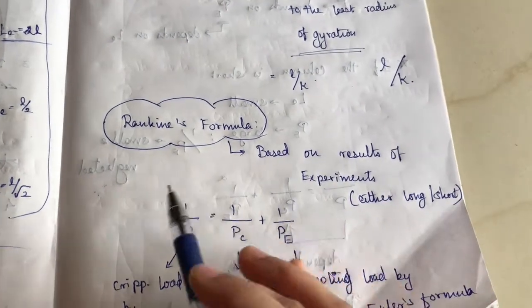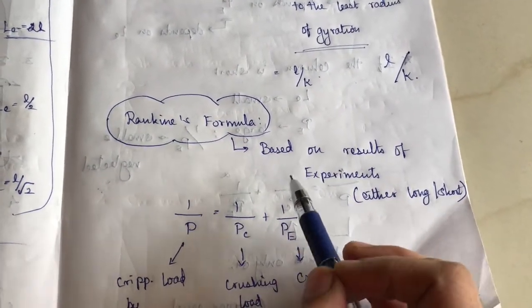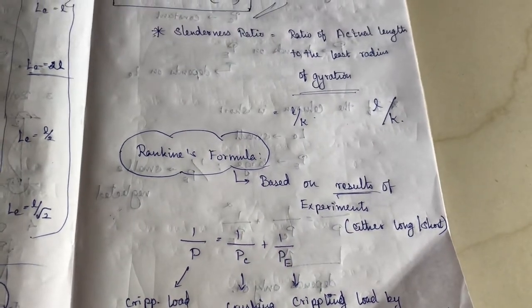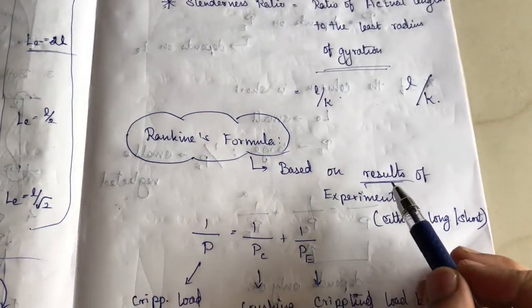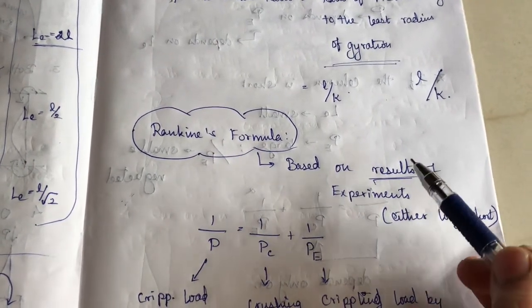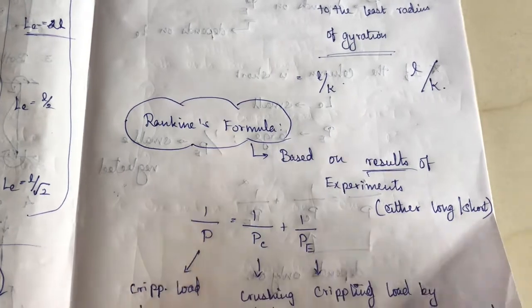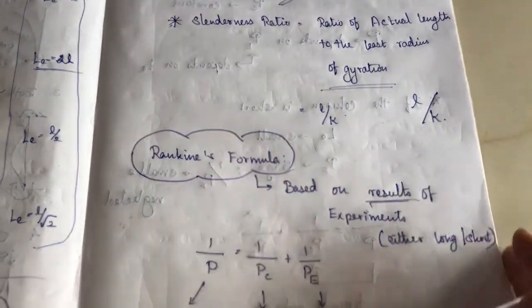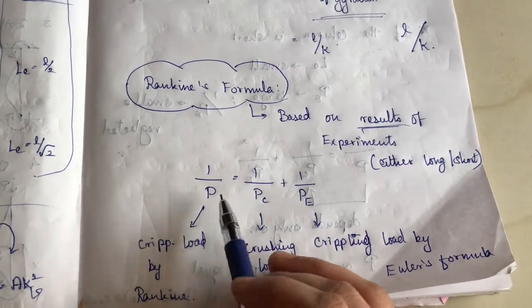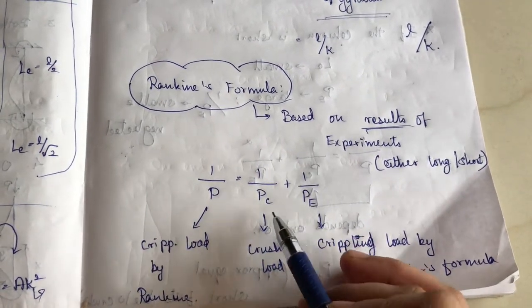Rankine's formula means it is based on the results of experiments. So this formula is mainly based on the results of the experiment. Okay. So the Rankine formula comes from the results obtained from experiments. Okay. So in this, what is the formula? 1 by P is equal to 1 by PC plus 1